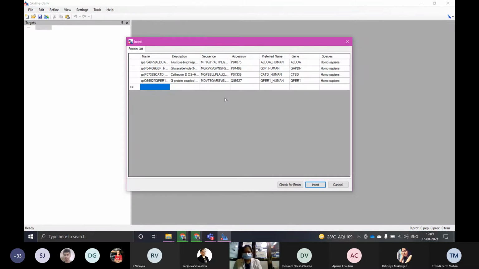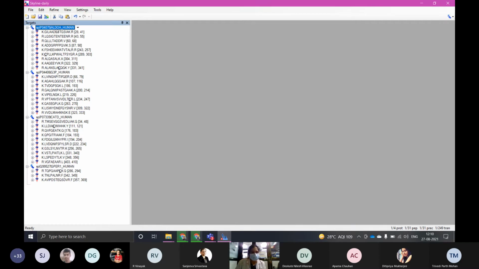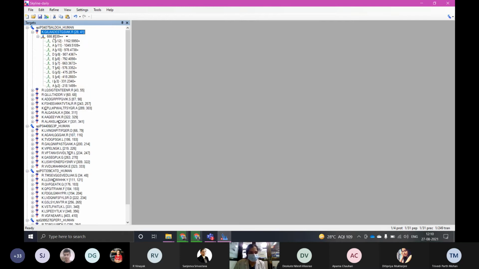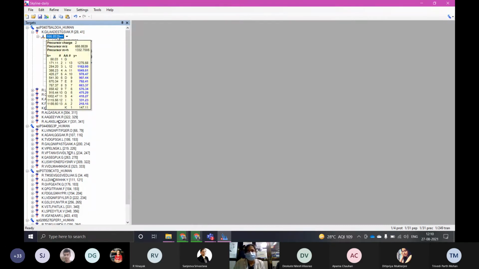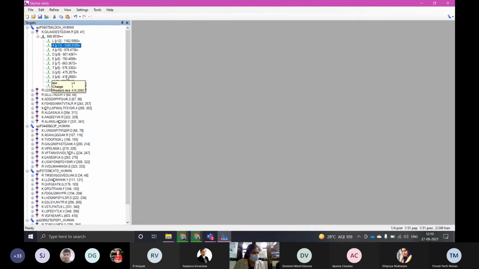Now, according to the settings that we have put in the peptide and transition settings, it will break this protein and give us the unique peptides. I am saying insert. Just a second. Yeah. So now it has inserted, and you can see for every protein there are a few unique peptides that it has been able to give. And for each peptide, there are 1 or 2 precursors depending on what I have kept for the settings. Here we have kept 1 precursor and +1 charge. So this would be it.